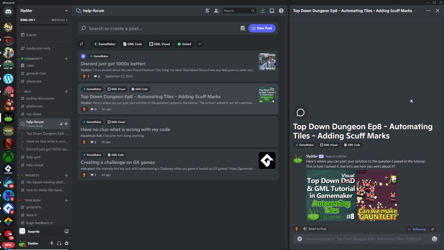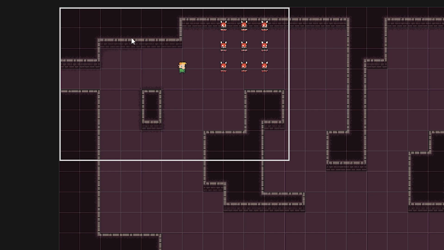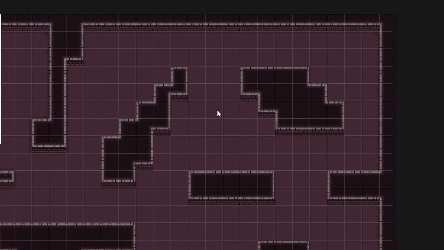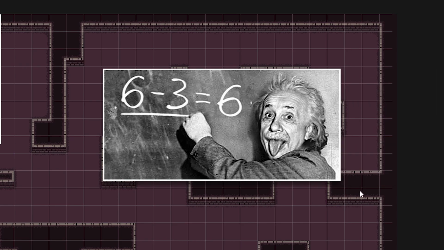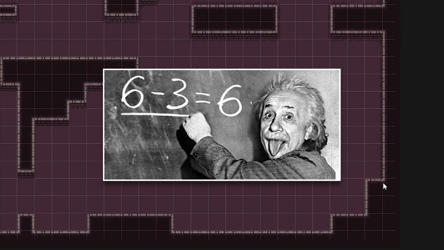I'll also add my solution, but ensure you try it first before taking a look, as it will really help you develop your skills by trying to solve it yourself. Then, if you're really advanced, you can add a way to automatically add the shadow tile layer. Now, this is much harder to do as you need to analyze all 8 tiles around each tile, and then you pick the correct shadow tile to use based on those results. And if you solve that, well, you're probably too advanced to even be here, so most likely you're watching the